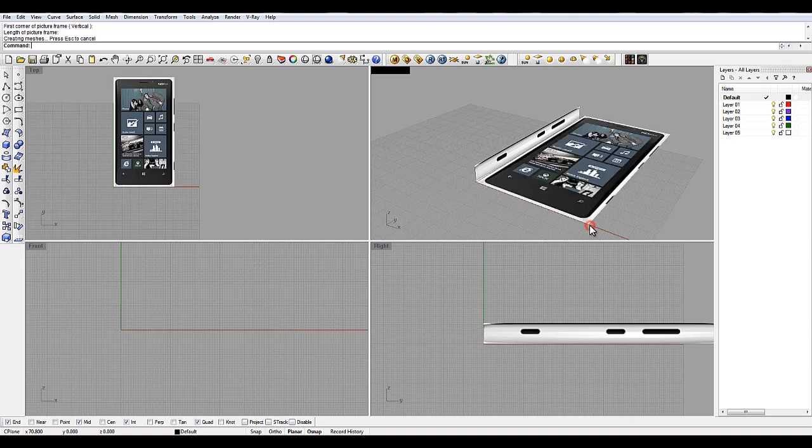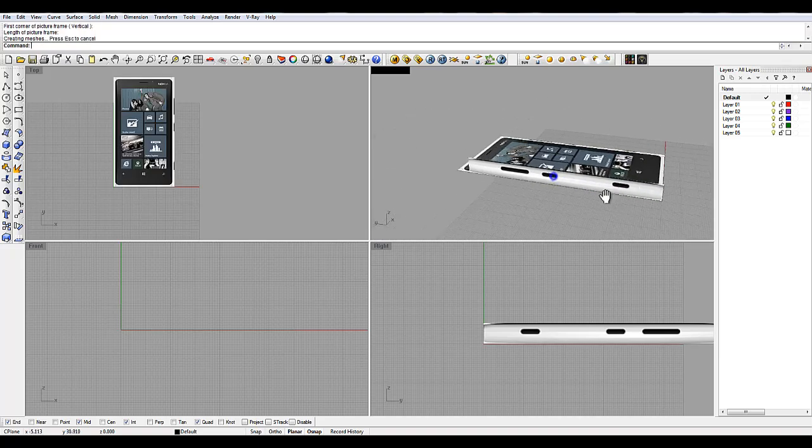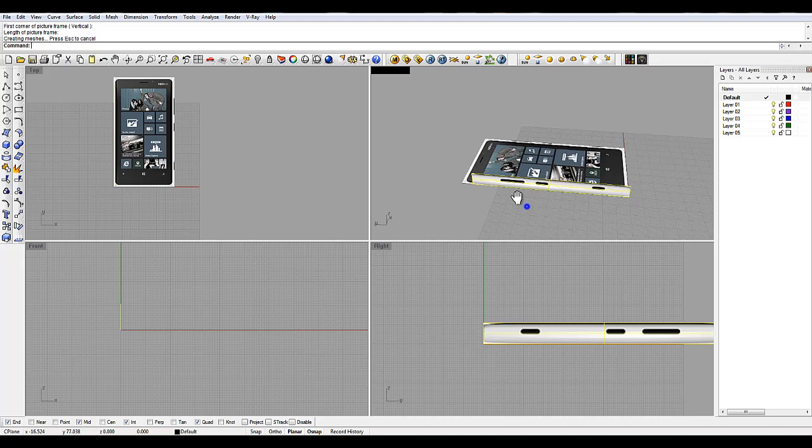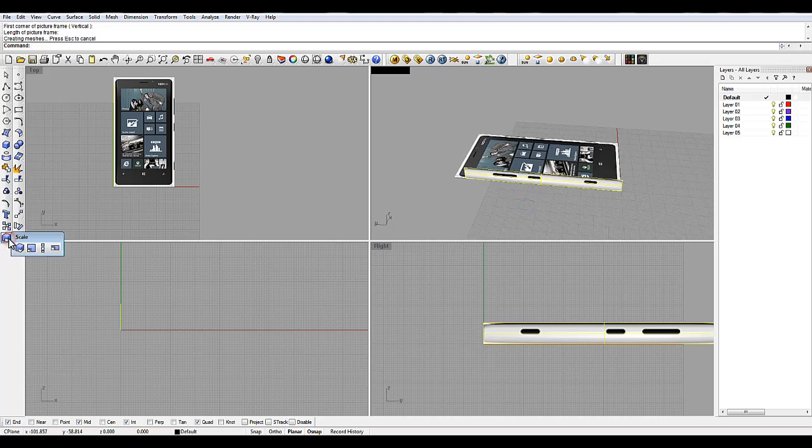There it is. So like you see, I have made the pictures right size, but something must be wrong, so I just scale this with scale 2D. I snap to the ends,